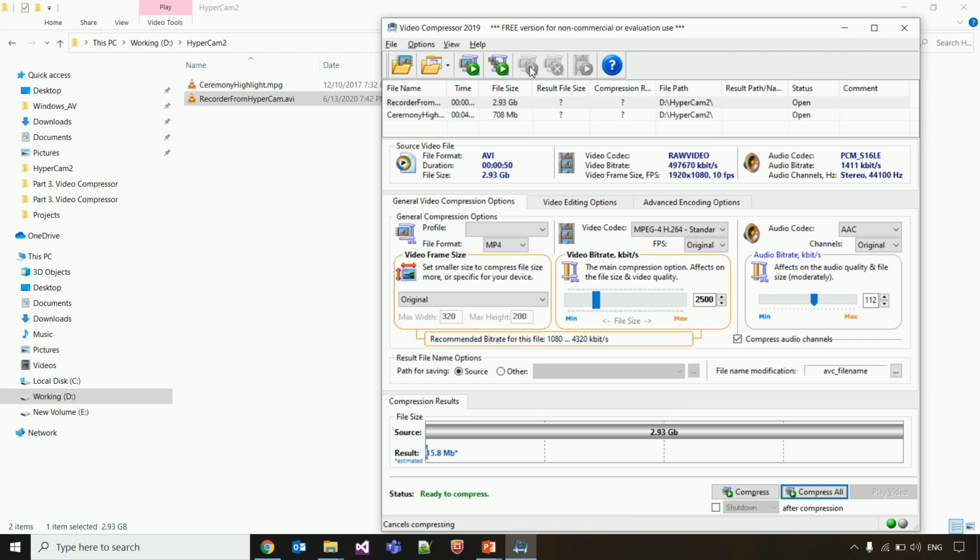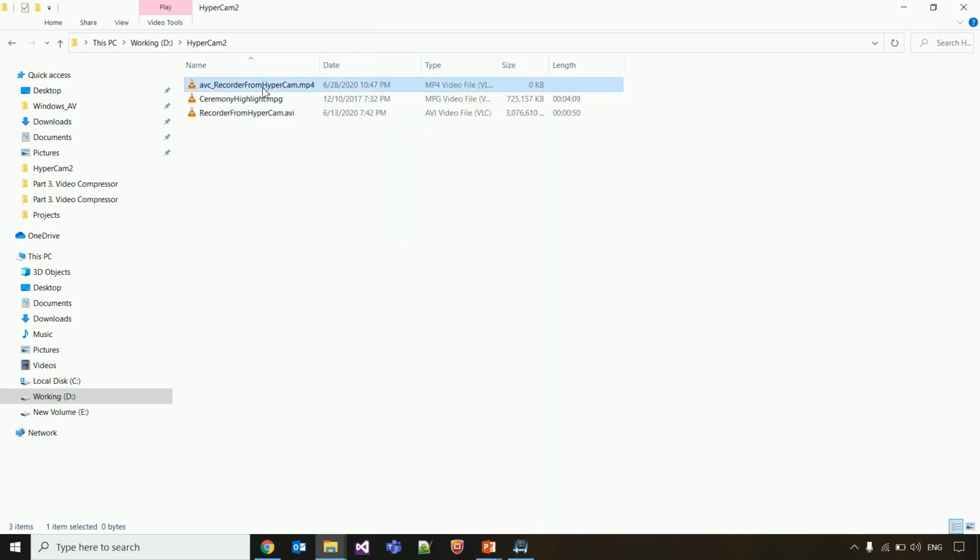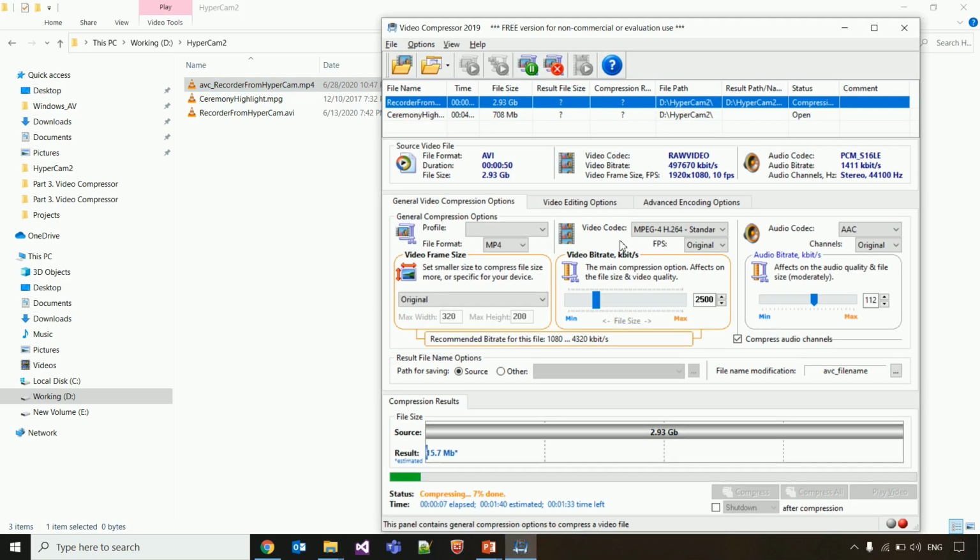So let's compress this. When you click on compress, on the left panel you can see another file is created. This is the file in the making. It is going to take some time, and eventually you can see the result, which is already compressed to 15.5 MB, and it is still reducing. I am going to pause this screen recording for a moment because I don't want to waste time. It is going to take more than 1 minute for this video.